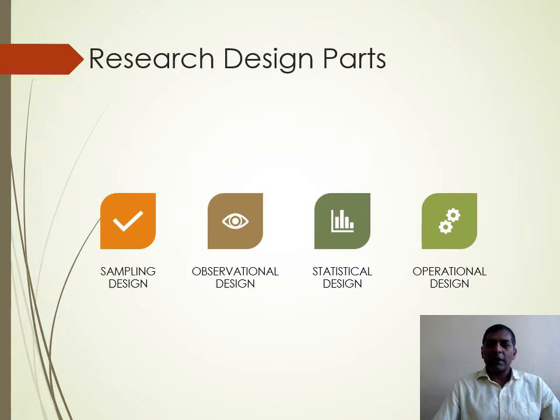Once you define that this will be the group of data items on which my experimentation will continue, then the second part is observational design. So we will observe the situation for collecting and gathering the data and the experimentation background. This will allow us to define what situation I need to create when I go for experimentation and implement my research parts.